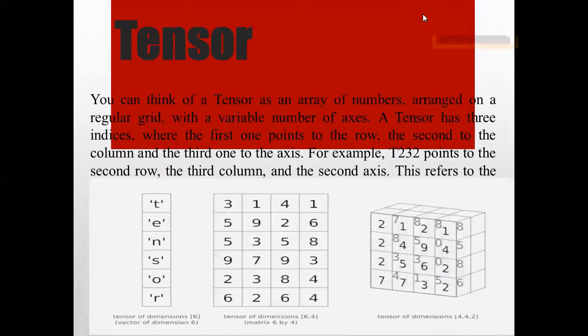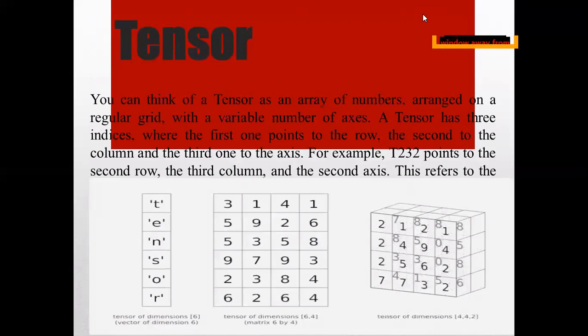So for example, if you say t of 2, 3, 2, it points to the second row, the third column, and the second axis. Okay, I repeat, if you say t 2, 3, 2, it points to the second row, third column, and second axis. So you can see the last diagram where it has 4 rows, 4 columns, and 2 axes. So the values in the first axis are 2121, 2494, 2562, 7732, whereas the values in the second axis